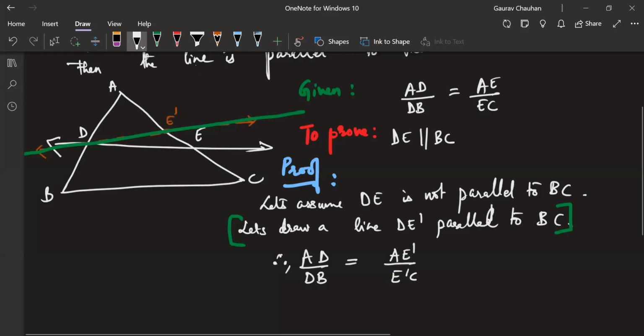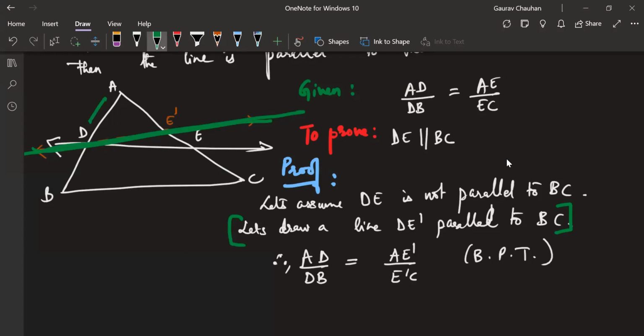What is the reason? Not Riza, someone else. MG, can you tell the reason? Dinesh, can you tell the reason quickly? Basic proportionality theorem. Okay, please write the whole thing. Because this green line is parallel, if this green line is parallel, then I should have this by this is equal to this by this. Not this one, it should be this whole thing, right? So E dash C.